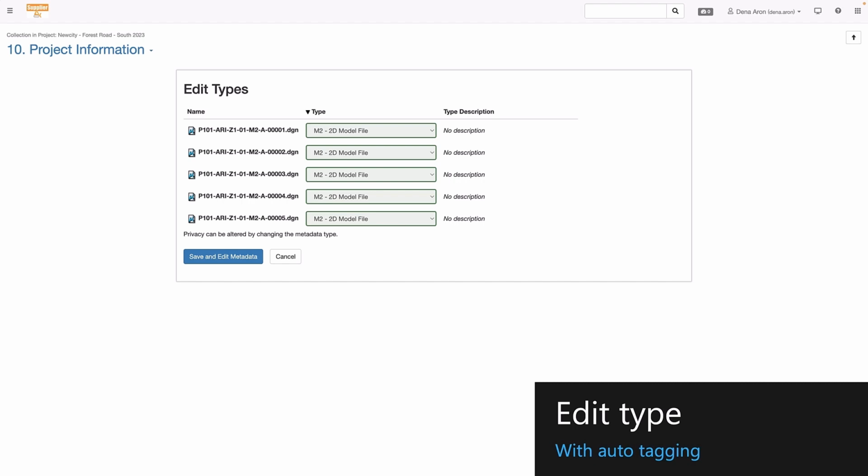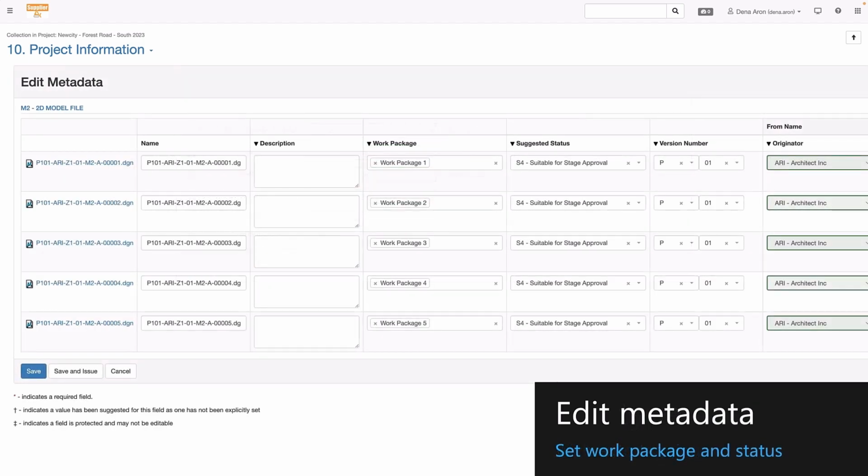And you'll notice the document names here, they're conforming to a naming convention. So this is an ISO 19650 type naming convention, and we're using that here. And because we're using the naming convention, we can use auto tagging to automatically pick the right type for us. So you don't need to use a naming convention, but it can help in making it really simple for your supply chain to upload the right information and tag it correctly. But I'm going to confirm those types, save and edit metadata,